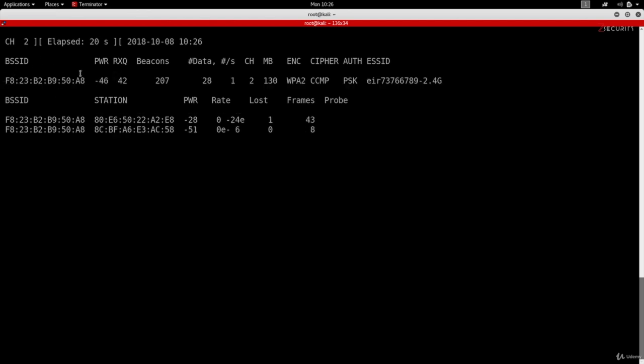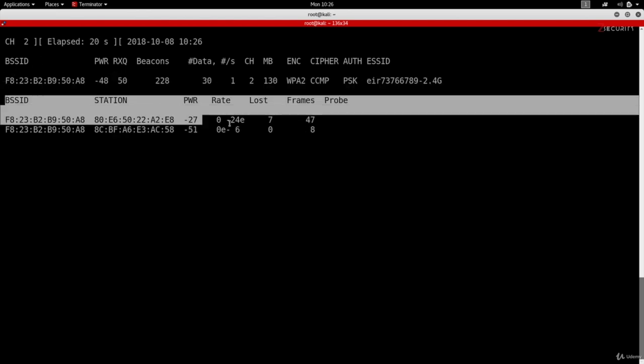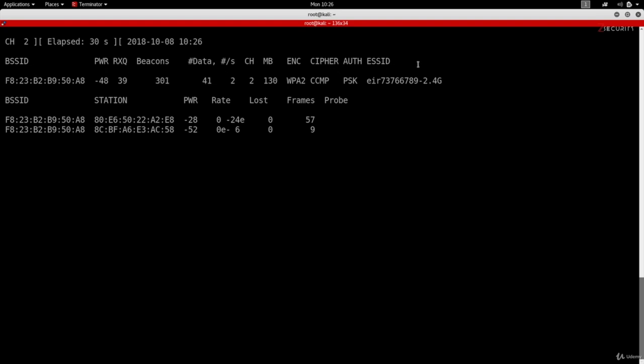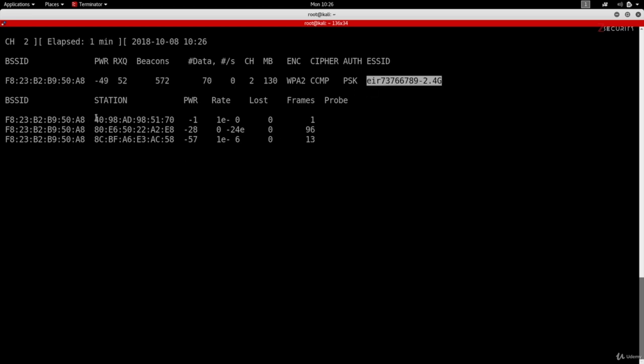And we can also see we have a completely new section right now. So when I ran AeroDumpNG in the previous lecture, you saw I only had the networks in here and I had nothing here at the bottom. But now you can see we have more entries in here at the second section of AeroDumpNG. And basically anything that you see here in the second section, these are the clients or the devices connected to this network. So right now we can see this network has 3 devices connected to it, and you can see